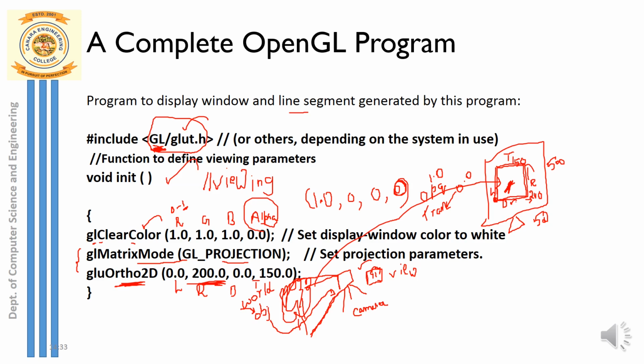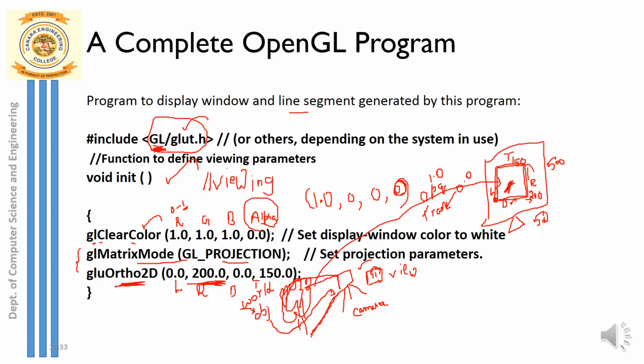Okay, so x pixels and y pixels you can generate totally up to 200 and 150 respectively. So this is the boundary that you're setting, and remember all the objects or the image that you are going to display inside the display window should have x coordinates less than or equal to 200, and all the y coordinates should be less than or equal to 150. Suppose you want to plot a pixel inside the display window, and if that pixel's coordinates are above 200 or above 150, such a pixel, such an image will never appear inside this display window. So for a line you want to generate, its x coordinate and y coordinate should be less than or equal to 200 and 150 respectively.